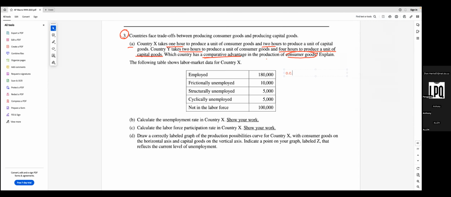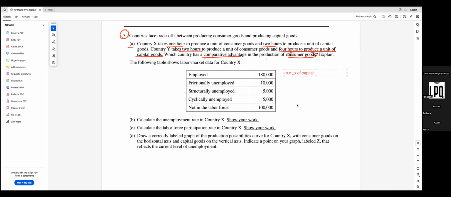But actually, it's super easy. I see OC. OC stands for opportunity cost for country X of the capital goods, so I just write down capital. So how do you really consider these two numbers? 1 hour to produce a consumer good, 2 hours to produce a capital good. That means, okay, in country X to produce